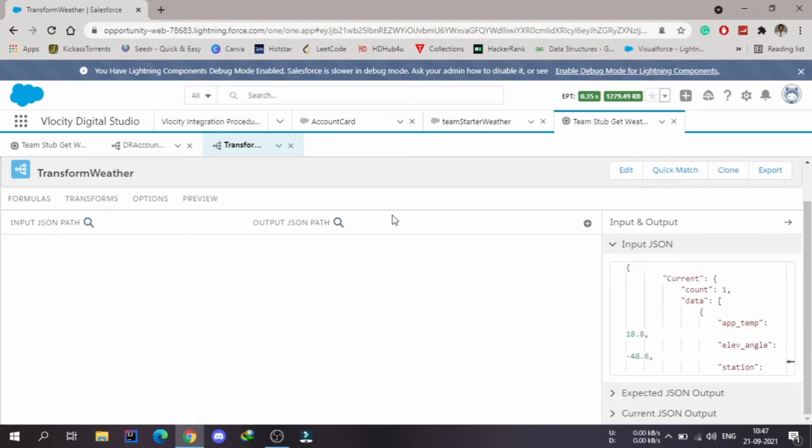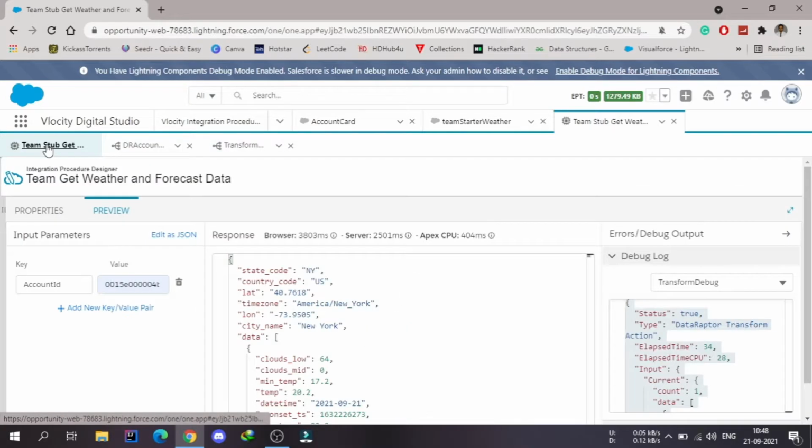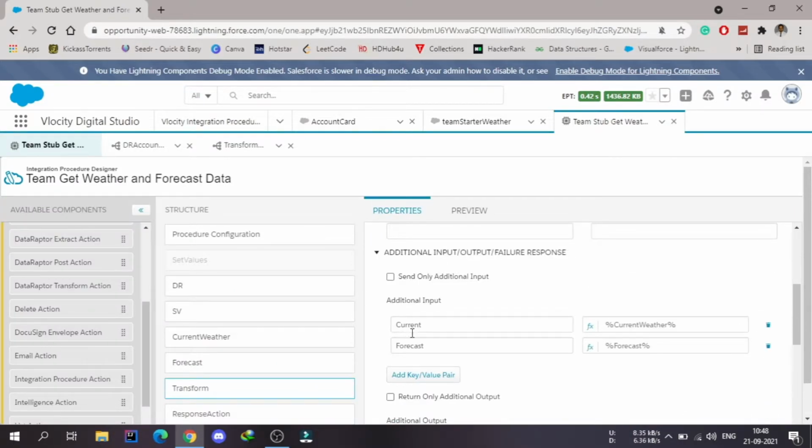So we have our input ready, and we just need to transform it. Here we have one tab, that is the formulas tab. We can have the formula. Let me tell you what the flow will be for this Data Raptor transform. Whatever data we are passing from this integration procedure, we can see that here we are passing the current and forecast data.